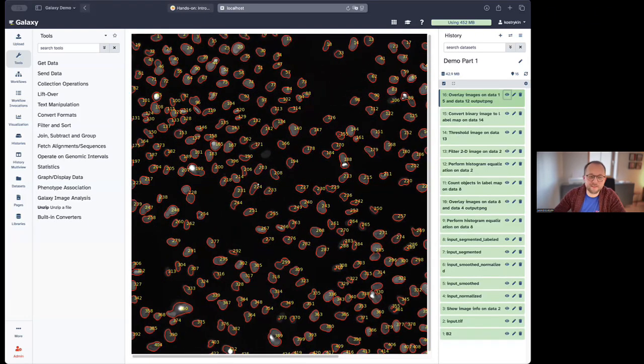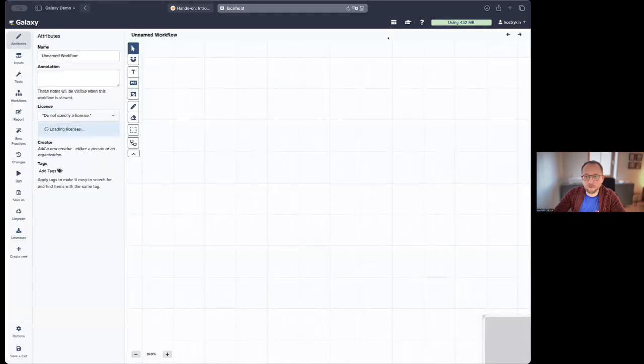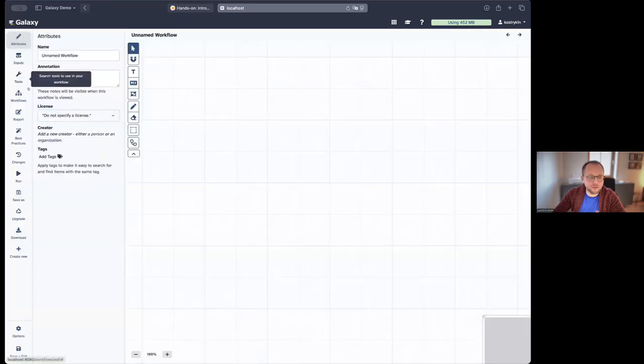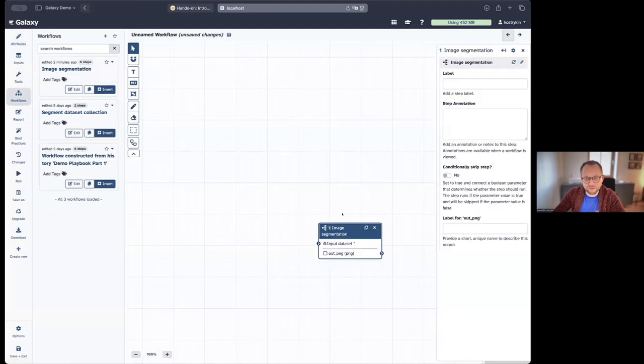Now I want to extend the workflow so I will be able to run the analysis not just on one single image, but on a whole collection of images, like all images from the zip file that I had downloaded before. To do so, I will first create a new workflow. And in this workflow, I will embed the workflow that I had just created before for the analysis of a single image.